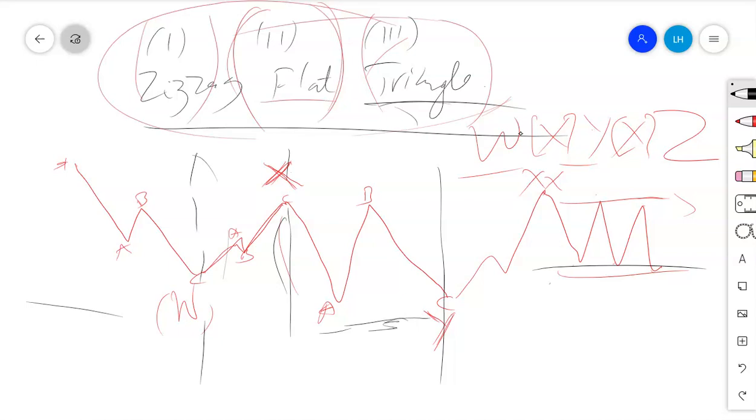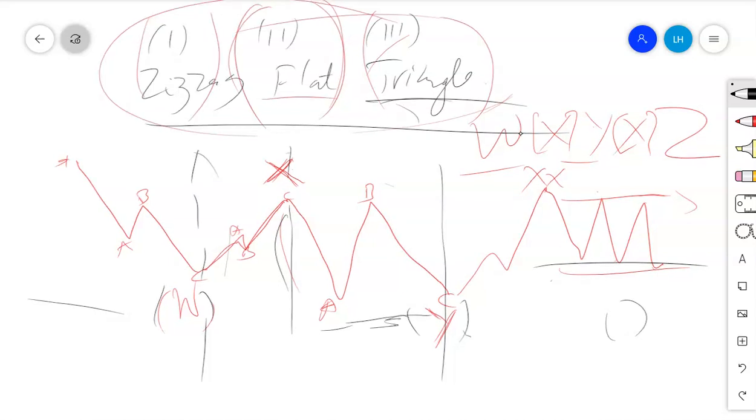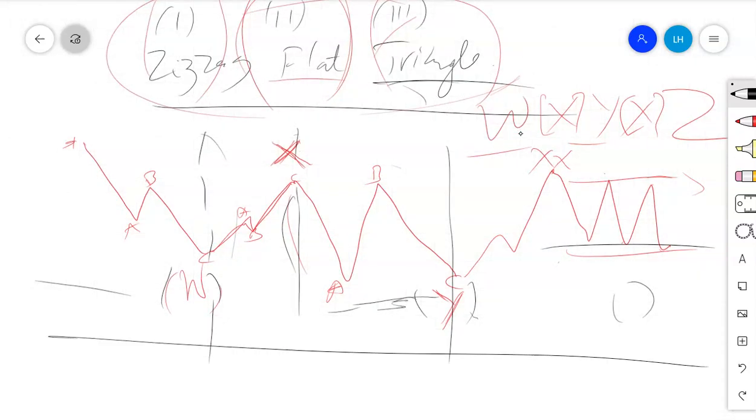But if you maybe have a WXY, it's just only two corrective structures, so this wave Y also can be a triangle. But the case there is that wave W will alternate with wave Y. If there is also wave Z, wave Z will alternate with all of those wave moves that are covered in a previous move. So now that's how the issues on alternation occur. That's how the concept of alternation within corrective waves, and specifically within a combination, occurs in that way.